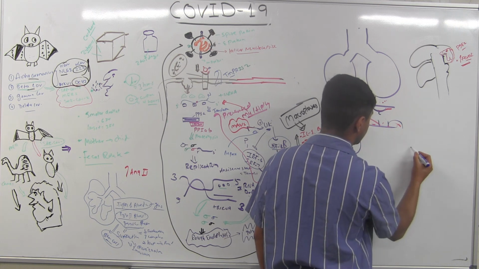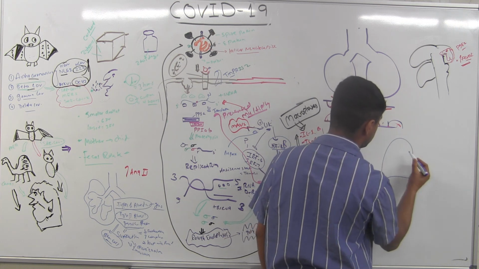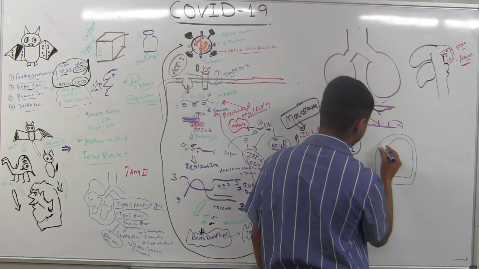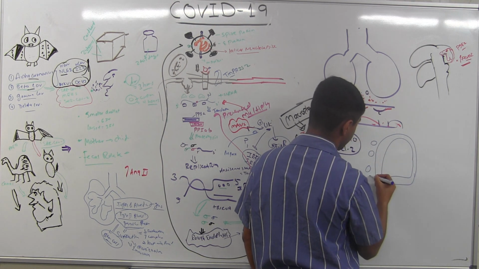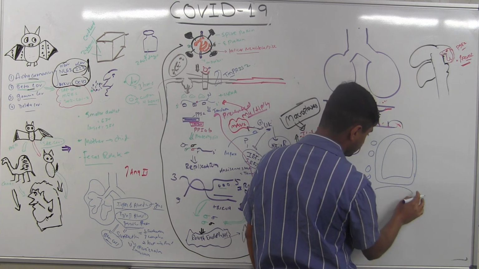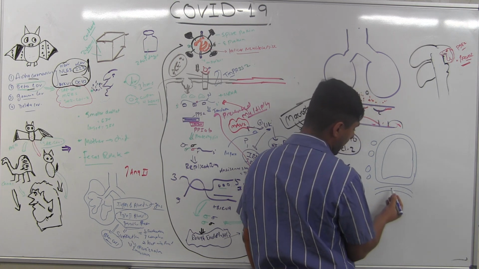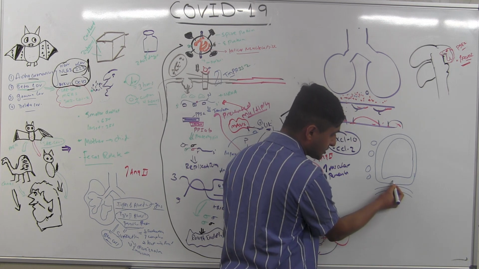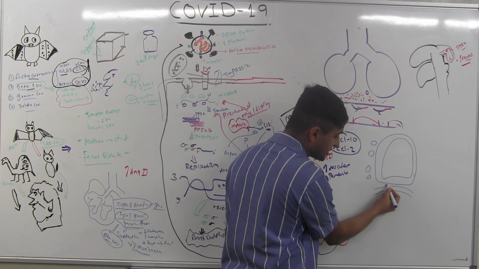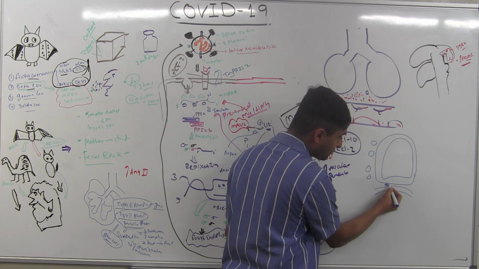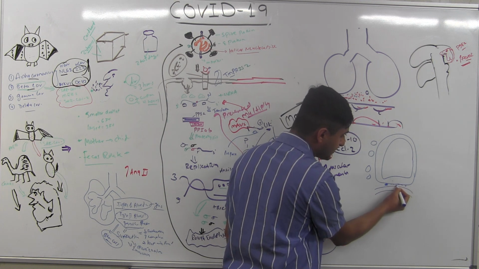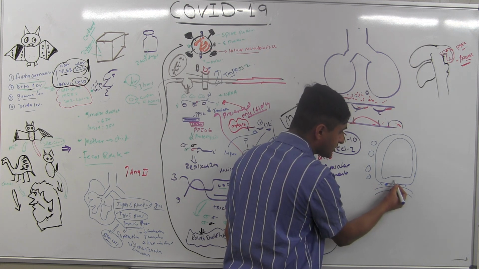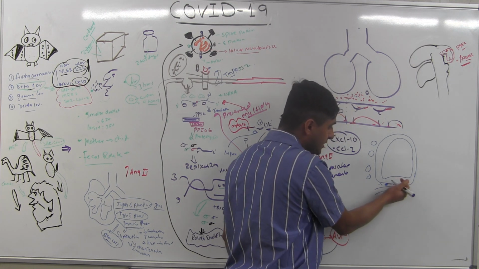Let's just quickly make this. Usually, if this is my lung right here, you have this layer called the parietal layer, and you have the thoracic cavity right here, and there's a diaphragm here, right? Usually the diaphragm contracts and pulls this parietal layer, and there's a negative pressure here. But if fluid is building up in the interstitium, what's going to happen? If the fluid is already building up here, that is going to cause positive pressure. That means whenever